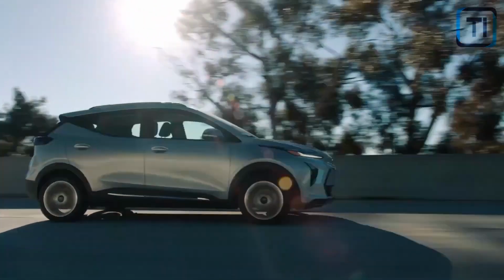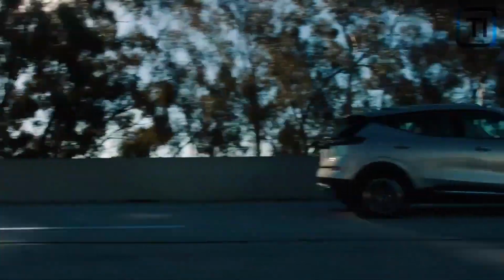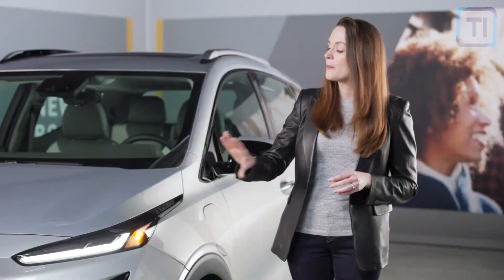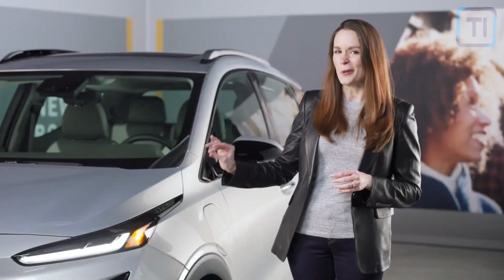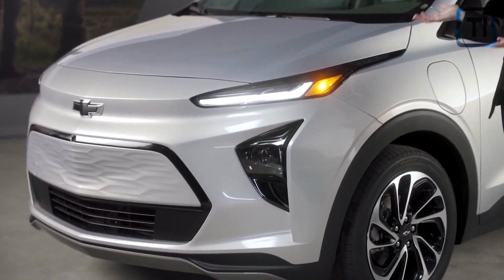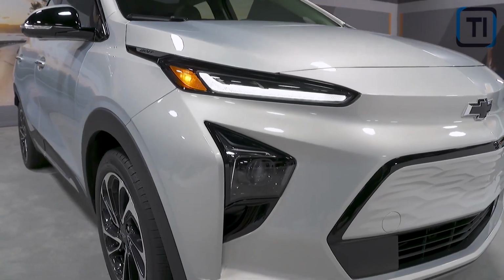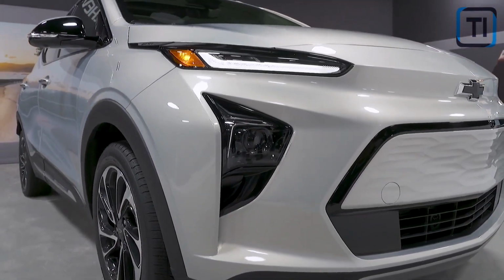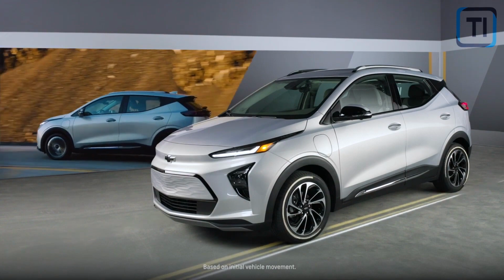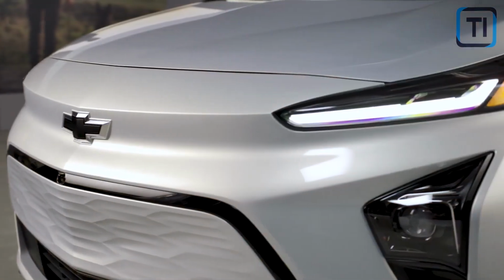As far as affordable EVs go, the Bolt just might be the best option on the market right now. The pricing is incredibly attractive, well below almost every other EV that you can buy. This makes it a really attractive package, and it's not as if GM is really cutting a lot of corners with the Bolt either. For one thing, it has a very good driving range of around 260 miles and 400